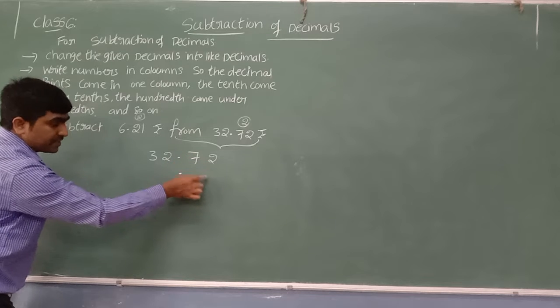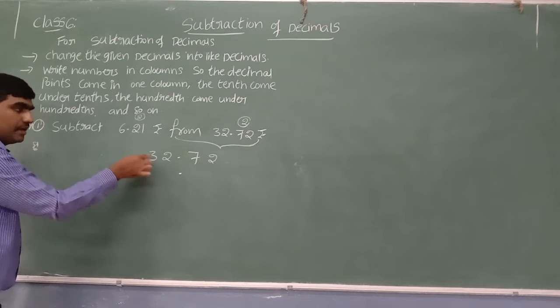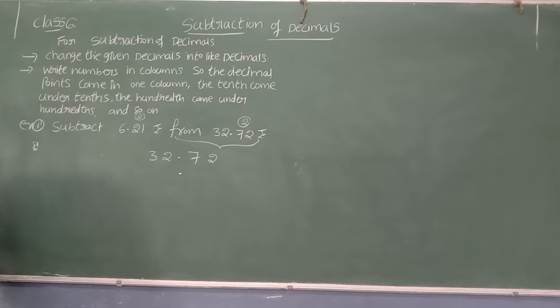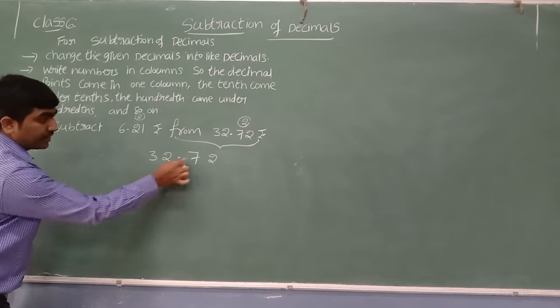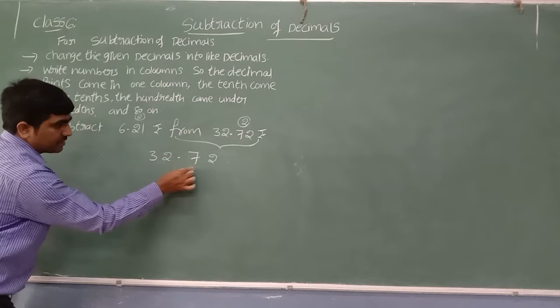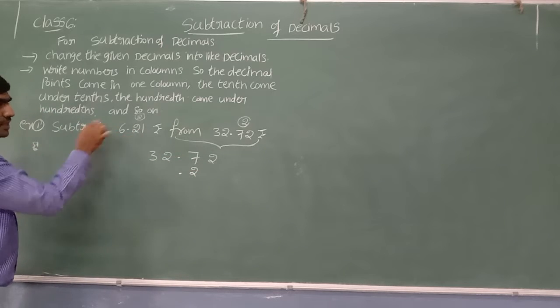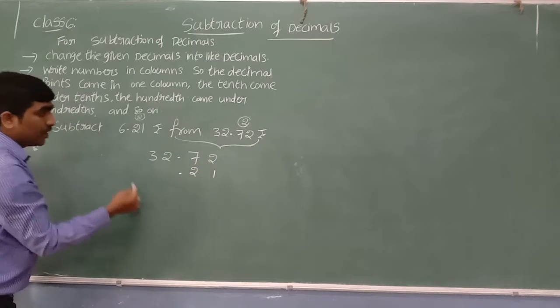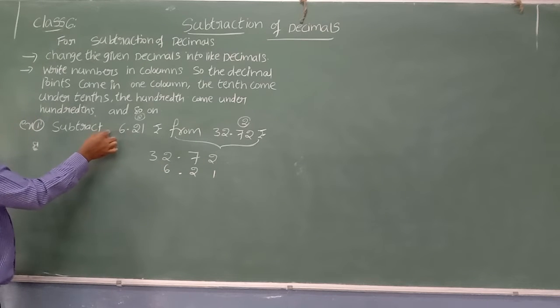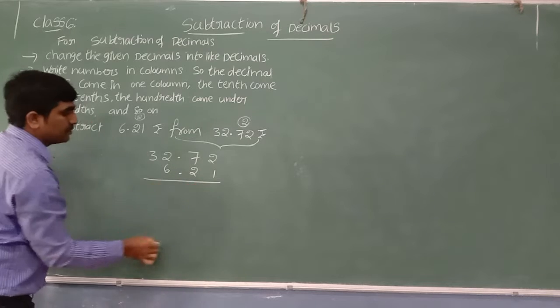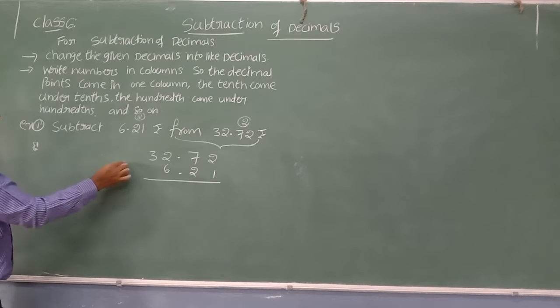Hundredth place below hundredth place, ones place below ones place, tens below tens. Like that you can write better. See, in the second decimal number, after the point, write the 2 below the tenth place. Next, the hundredth place 1 below the hundredth place, and the 6 before the point in the ones place. Sir, in the hundredth place there is no digit, so don't write. Both of these we need to subtract. Now apply the operation subtraction.